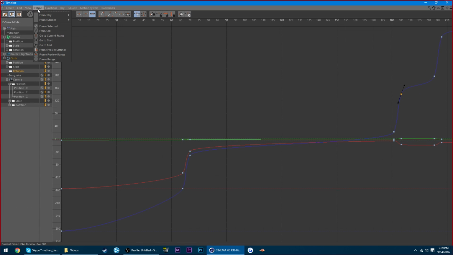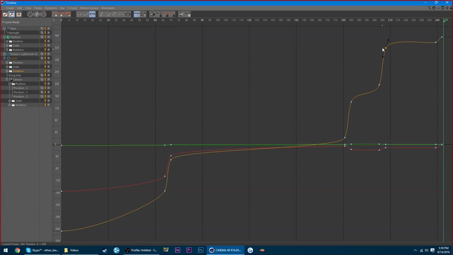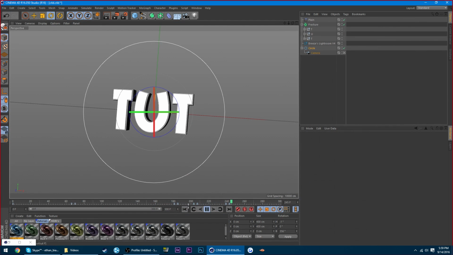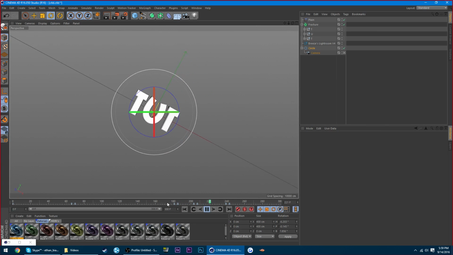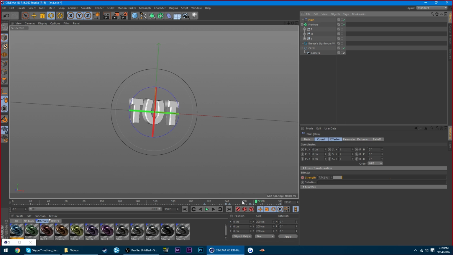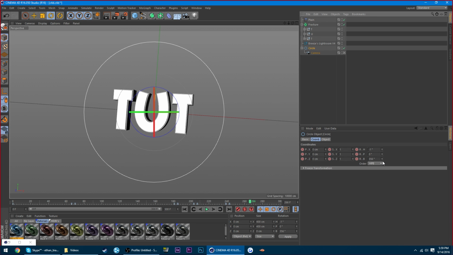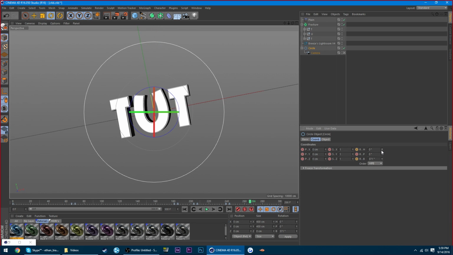I think that looks actually pretty good. See if it does that, then drag it down. This I'm actually gonna drag down. This I'll drag up a little bit. So now let's